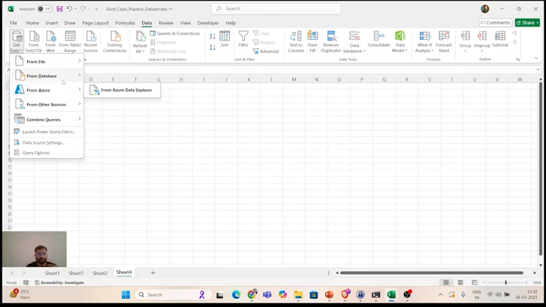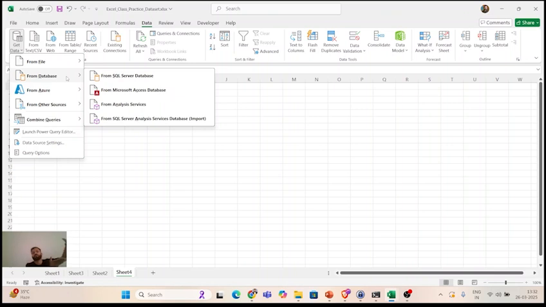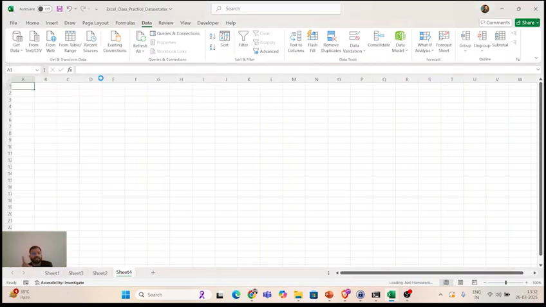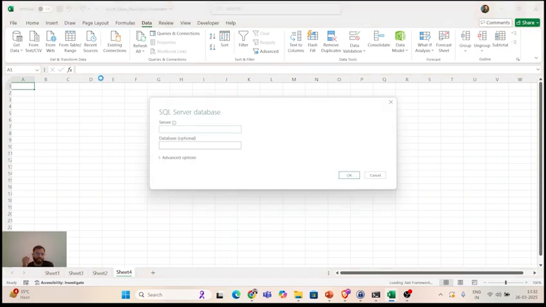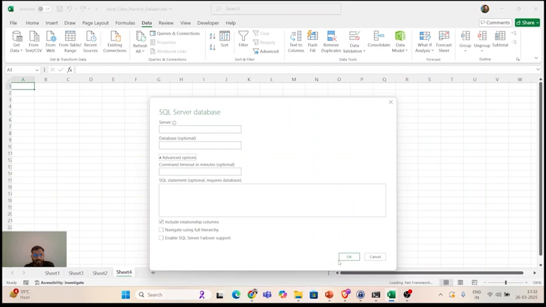From Azure, from database. To import the data from different databases, you must have some information about the source also. Let's say I want to import the data from SQL Server. So I must have the server name, the database name, and I might also need the table name from which I want to import the data. See, it is asking for the server name. You can also enter a port number, database name, and advanced options if you see. And then optional, if you want to write some SQL queries to fetch some desired data from the database, you can do that right here and okay.